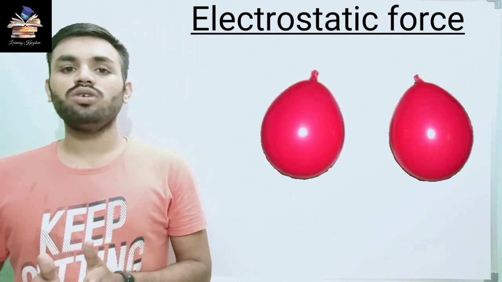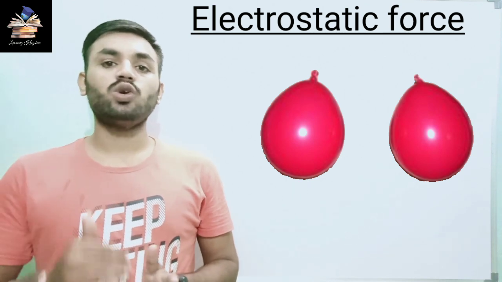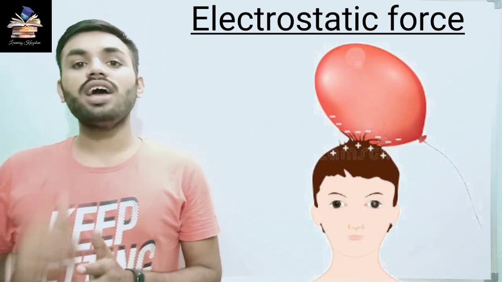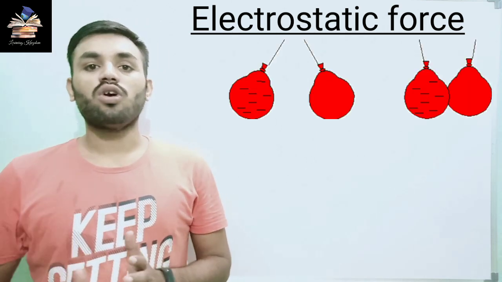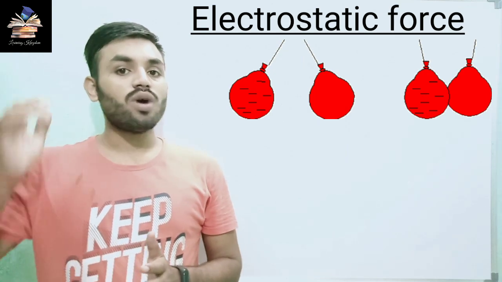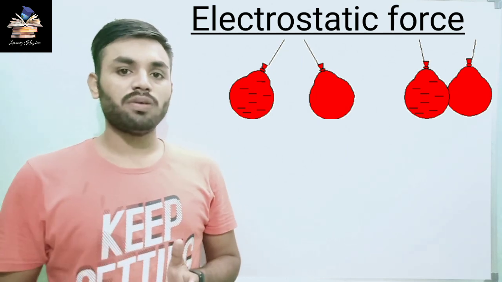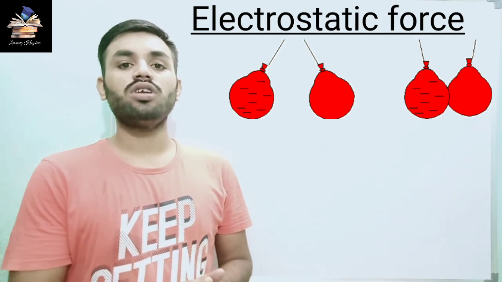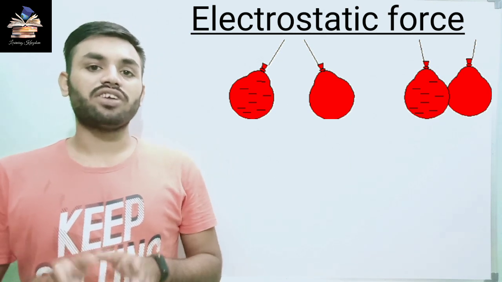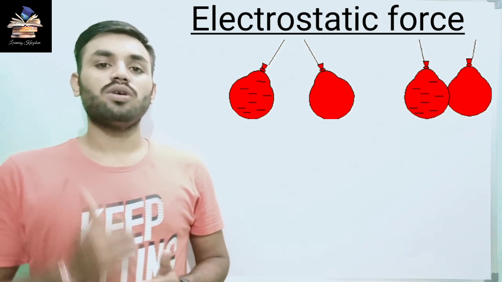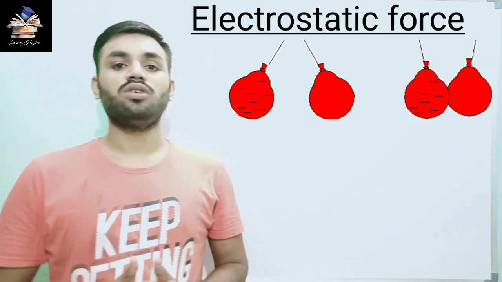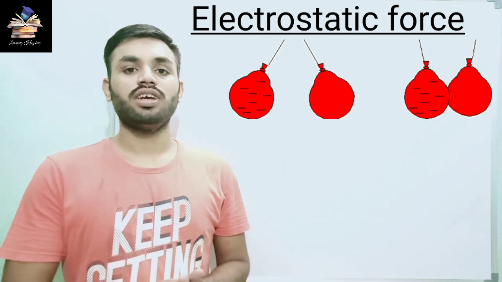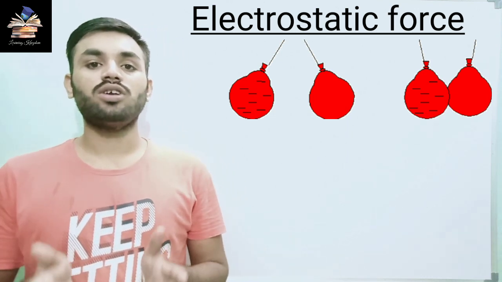We will take two balloons. One balloon gets attracted to another when we rub one balloon with our hair. Now, why is one balloon attracted to another? Because when we rub one balloon with our hair, at that time the balloon gets charged and the other balloon remains uncharged. And we all know that opposite charges are attracted to each other. Because of this, the balloon will be attracted to the other balloon. So this is another example of non-contact force in which contact is not required between the two objects.